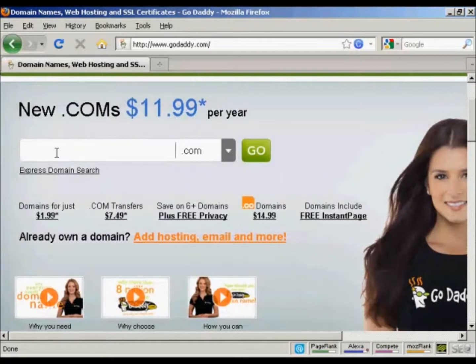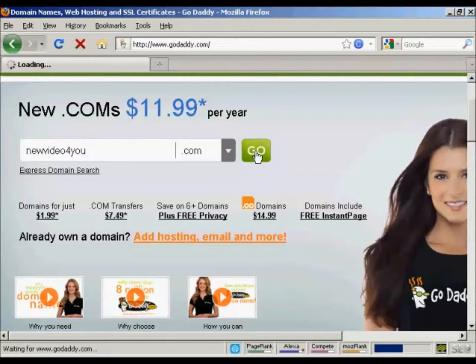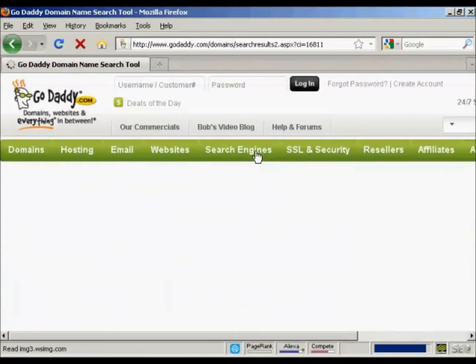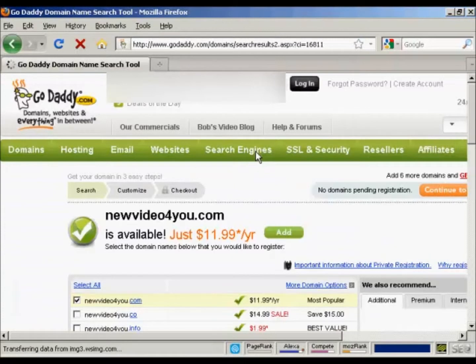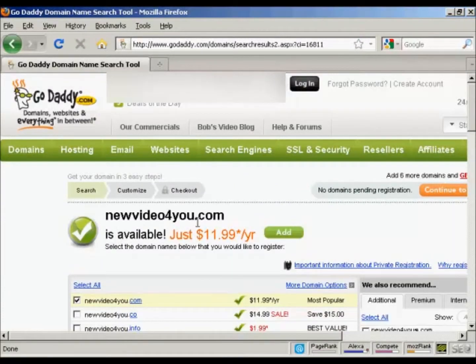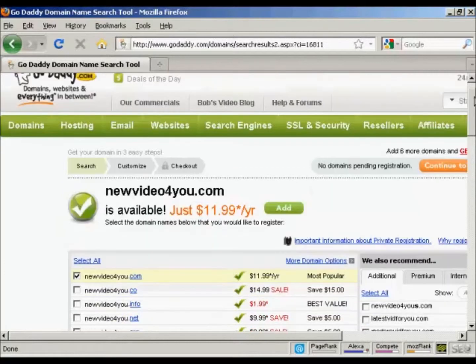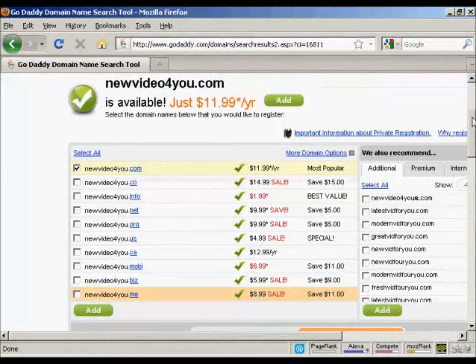And the first thing to do is to enter the domain name that you're thinking about registering to make sure that it's still available. So let's try this one: newvideoforyou.com, and I click on go. And it says here newvideoforyou.com is available. And it also shows you all the other ones that you can have, .co, .info, .net, etc.,